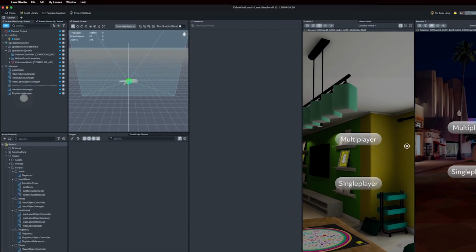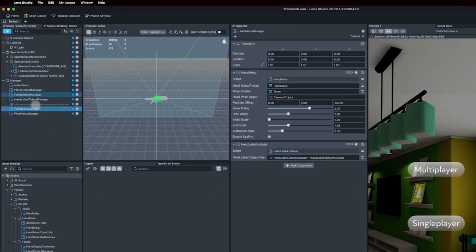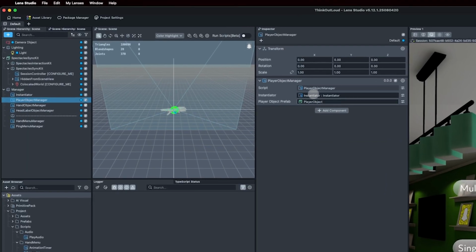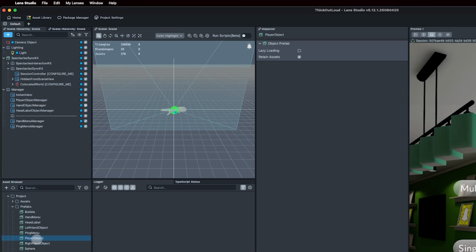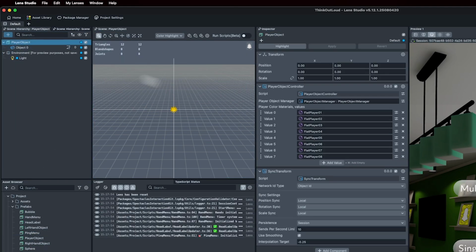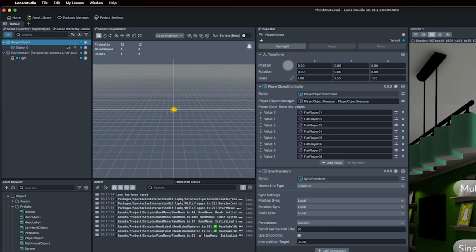So starting from the Lens Studio side of things, you can see the player object manager, which is here, has a player object prefab, which we can right click and select on top of it. Then if we double click on the player object, we will see that the player object has a player object controller, and then we have a sync transform. So sync transform, as mentioned before, is a subset of sync entities. And in this case, what we're syncing, guess what, is the transform, which is this component that allows me to retrieve position, rotation, and scale of that specific scene object,